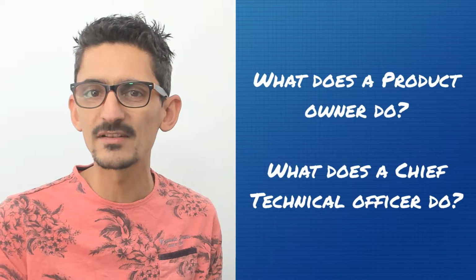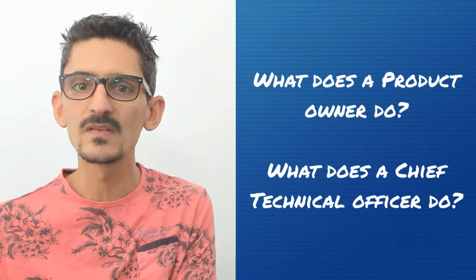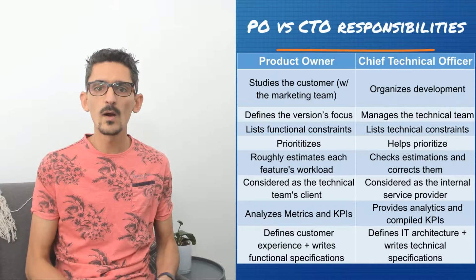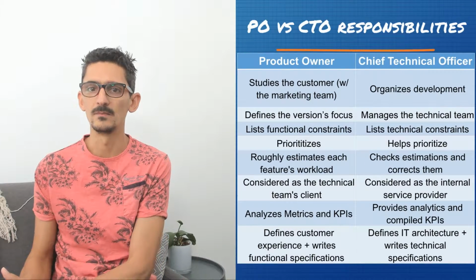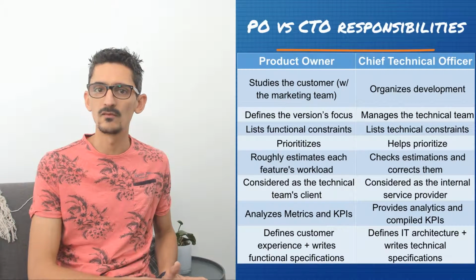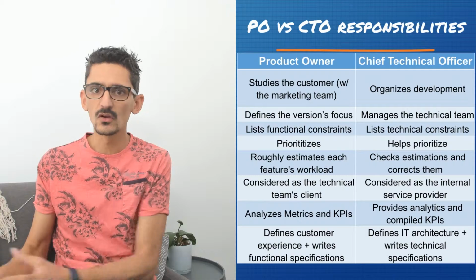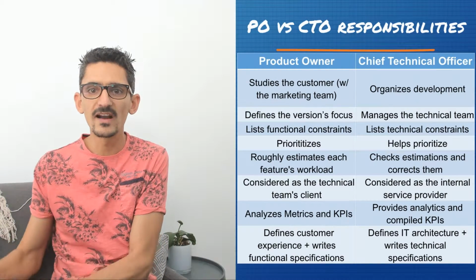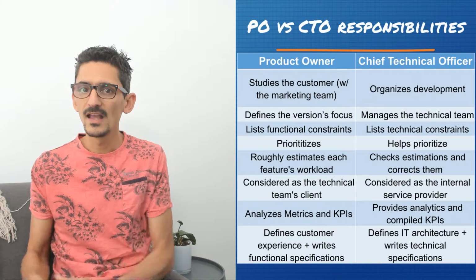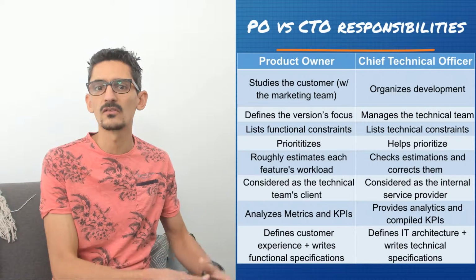The product owner represents the company's strategies as well as the customer's voice, while the CTO keeps the development profitable. So while the product owner will study the customers with the marketing team, the CTO will organize the development. While the product owner will define the version's focus, the CTO will manage the development. The product owner will define the functional constraints, while the technical constraints will be handled by the